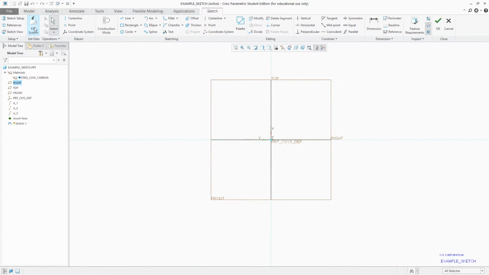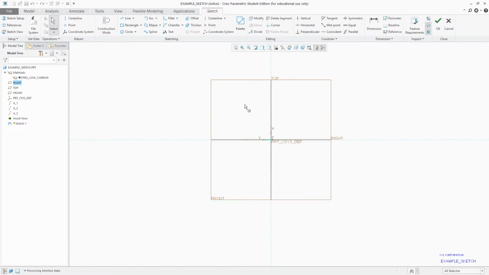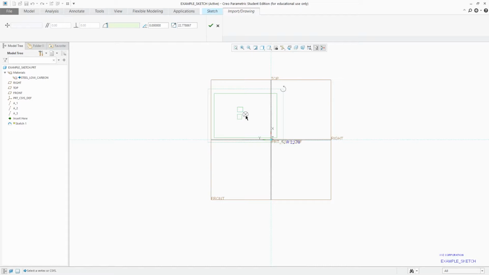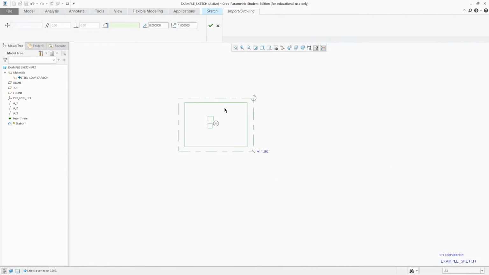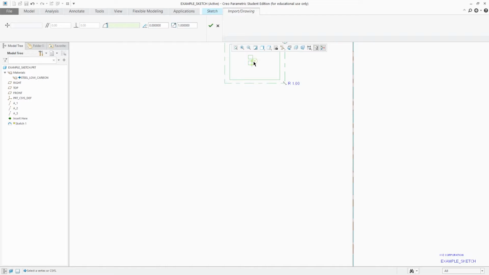Now we are talking about this tool. We can click here in file system, and then you can see we have options of importing these tools. So we can select this one, import, and now you can click anywhere in space, and now you have the option to scale it. I will make it 1 as it was, and then you can place it with the help of this center mark,